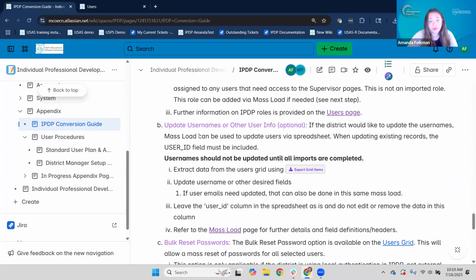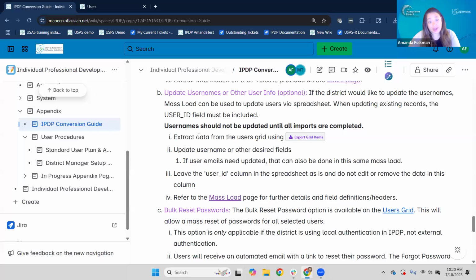Okay, I know it's a lot, but that is the conversion guide. So those are our steps there. Let me just double check post import steps. Okay, do we have any questions about